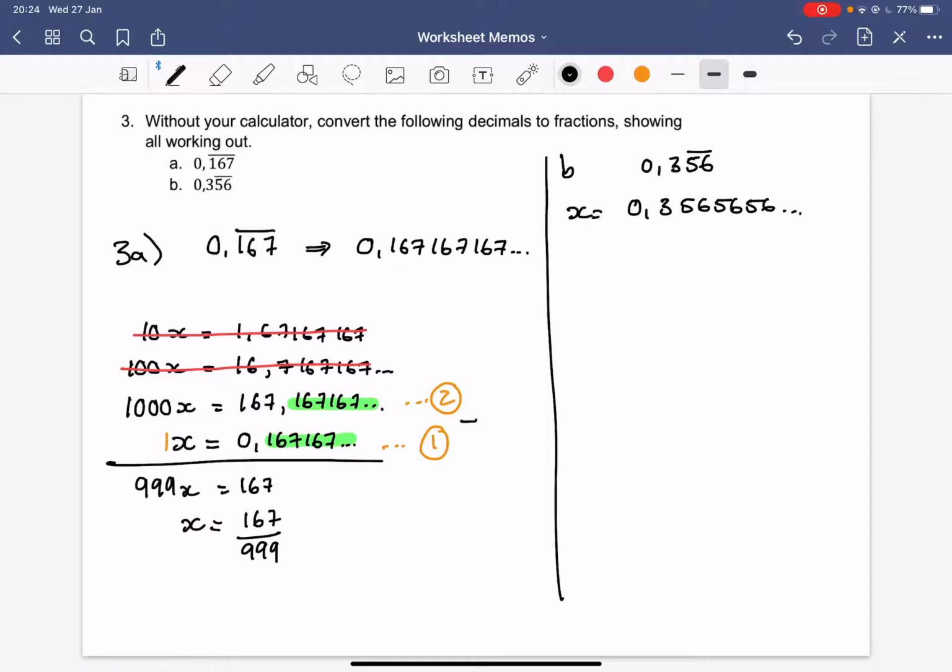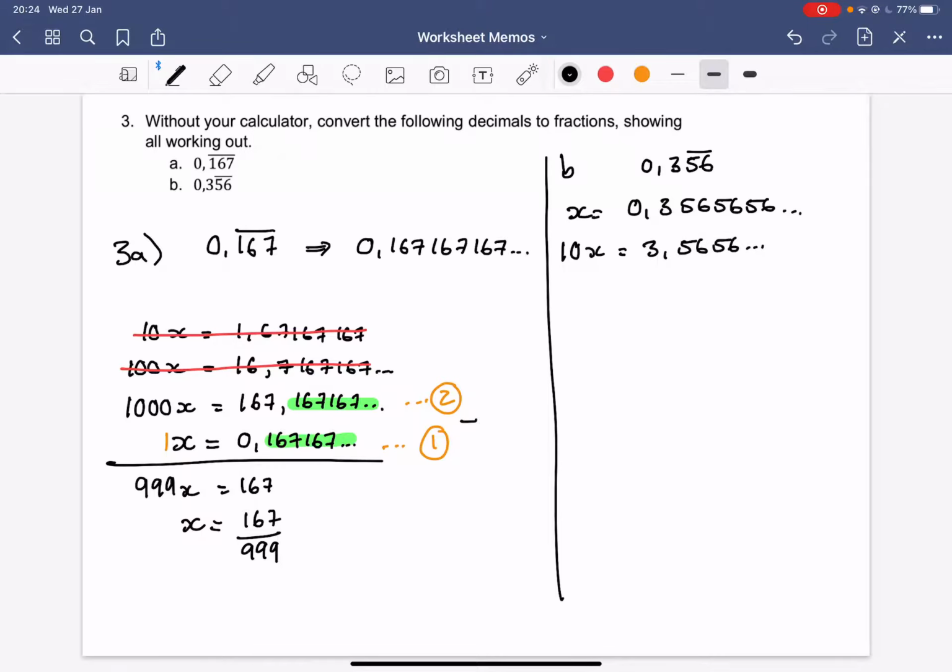You need to make sure you're copying correctly and that you're repeating the right numbers. Now, if I times this by 10, we always work in intervals of 10. So we take the initial expression, we times by 10. Then we take that expression, we times by 10. We take that expression, we times by 10. That's how we work with these sorts of things. If we times by 10, the decimal place is going to move 1. So that's going to be